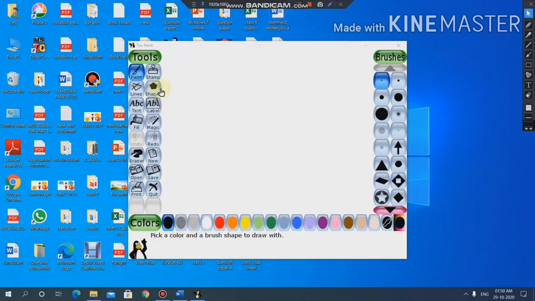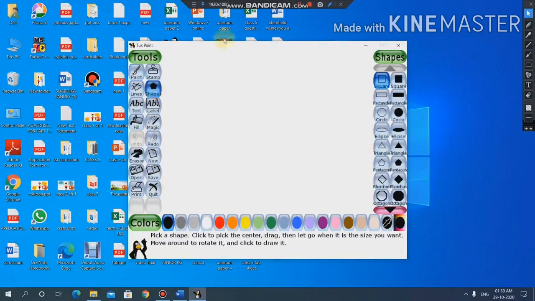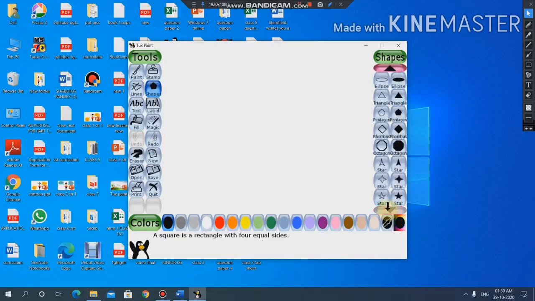First topic is shape tool. So where is the shape tool in the toolbar? Yes, this fourth one is the shape tool. For making shapes, we have to select this shape tool first. After clicking on this shape tool, you can see many shapes here: square, rectangle, circle, ellipse. By using this down button, you can see many other shapes here. By choosing any of the shapes, you can make a shape.